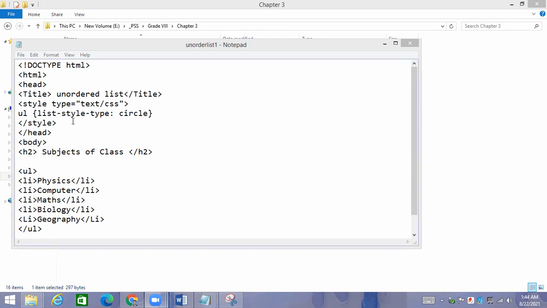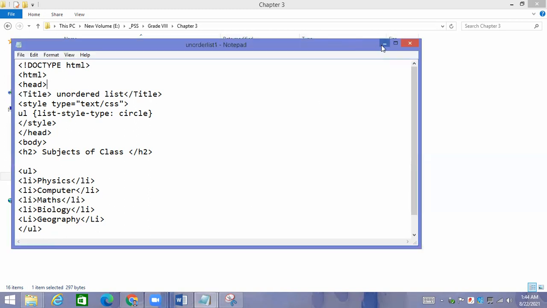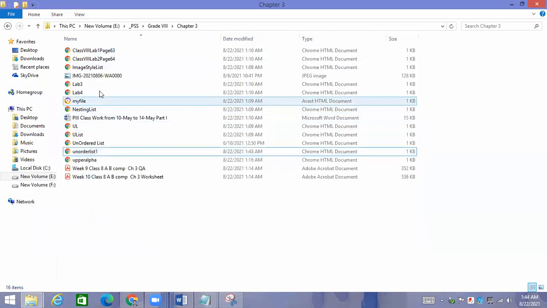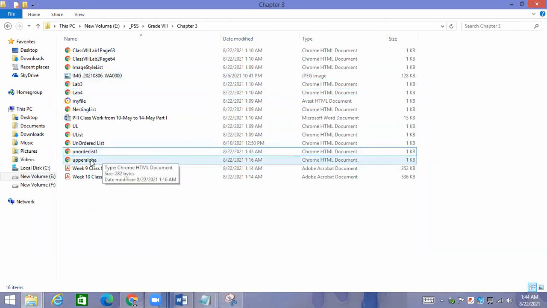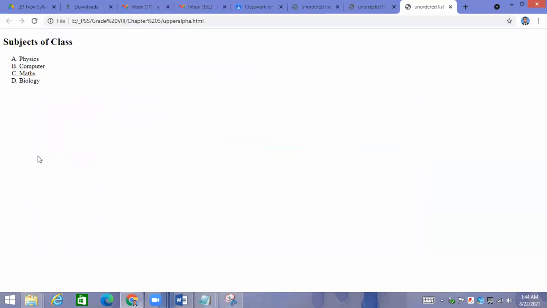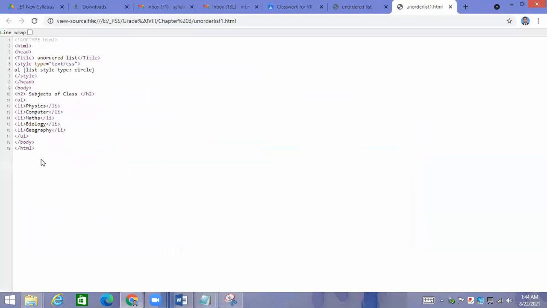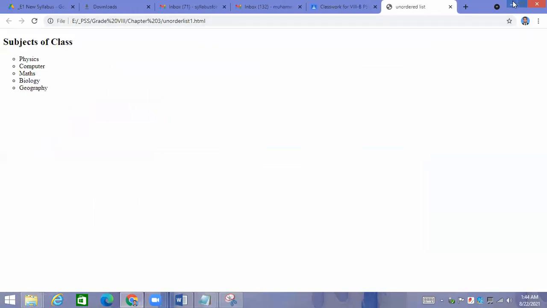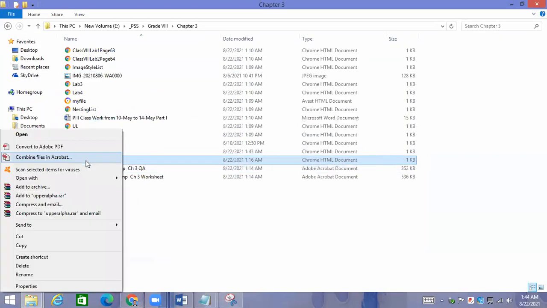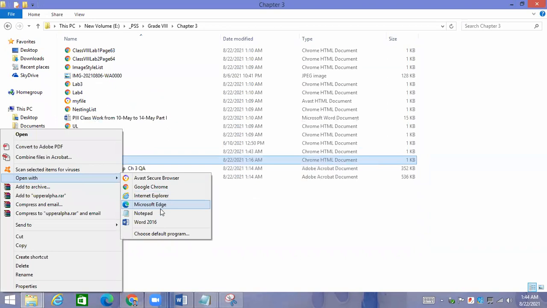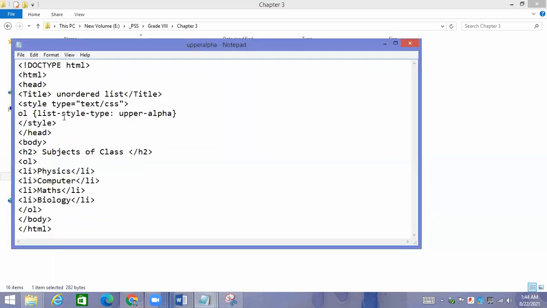Fine. Good. Now see, I am going to explain one more thing: how we can give the numbers. See this output. I am going to make only one change. List style type.